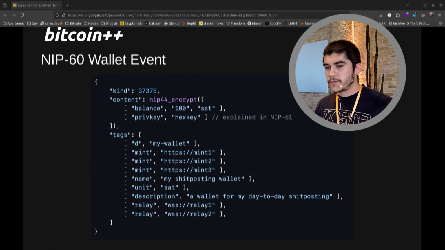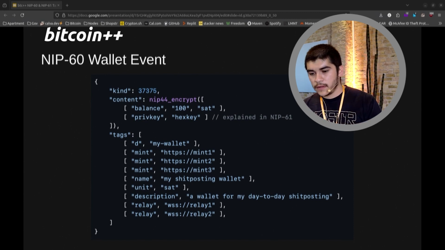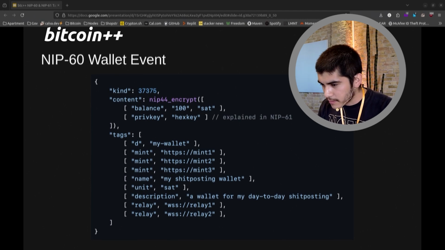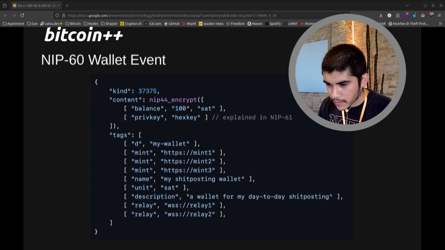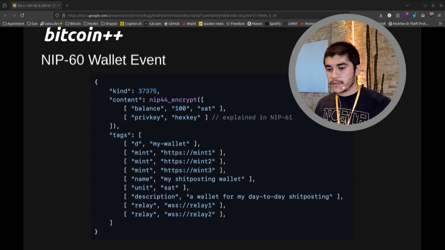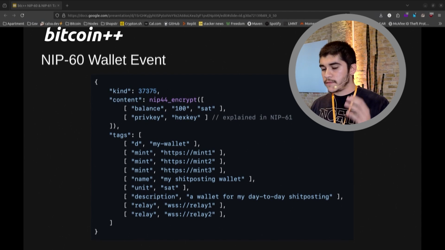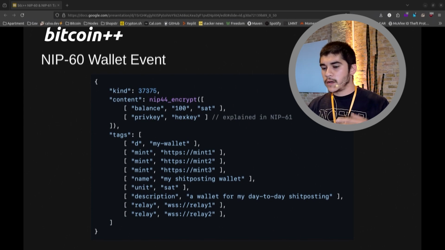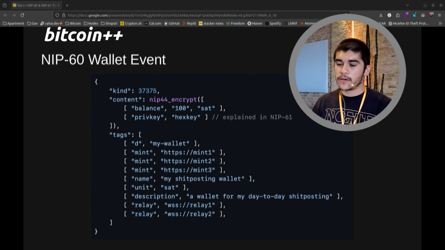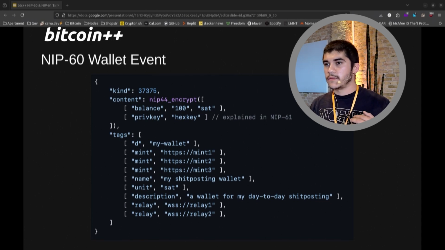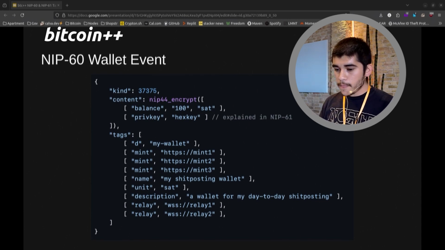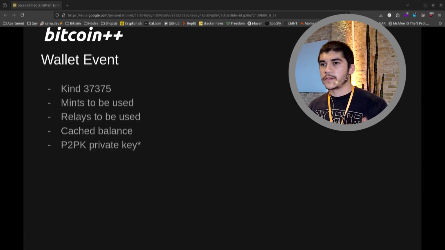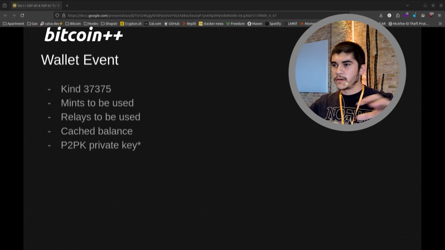So yeah, just diving right into it, this is the NIP60 Wallet Event. Basically, this NIP60 Wallet Event is the event that specifies exactly how to find your cashew notes and what relays, what mints you're using. You broadcast it as widely as possible. So whenever an individual wants to actually pay you into your wallet, or you want to claim tokens, they can very easily find it. So it essentially specifies the mints that are going to be used in your wallet, and you can have multiple different wallet instances.